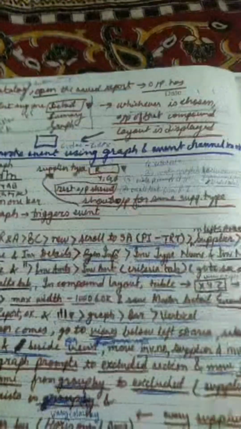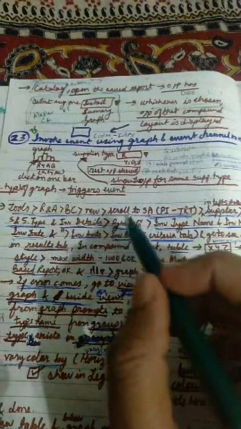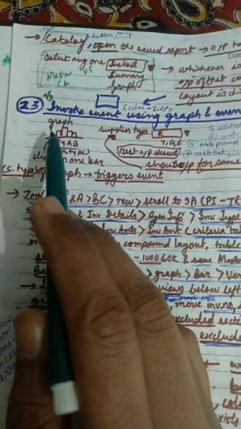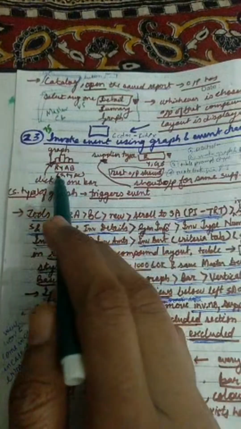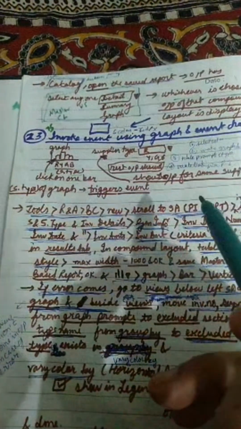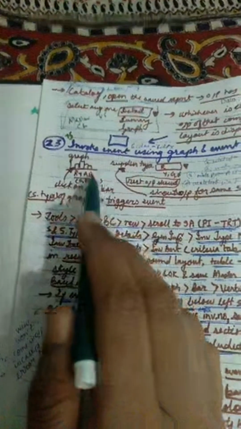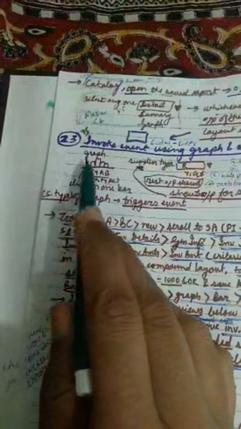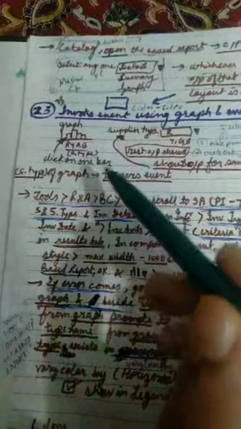Okay. The last topic is invoking an event using a graph and event channel in OTBI. Let's say you have a graph. This graph has different types of supplier types, let's say R, Y, G, B. I have just given initials of the supplier types, and my x-axis has the supplier type. I'm clicking on any one bar. Once you click on any one bar, by default,